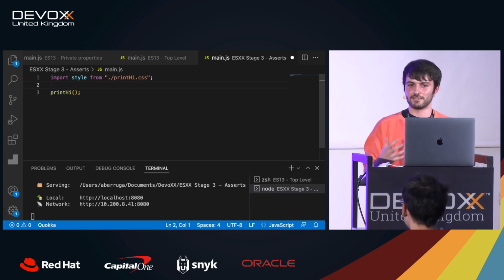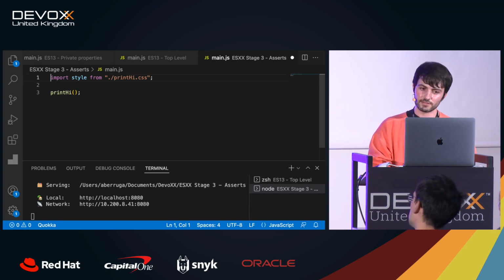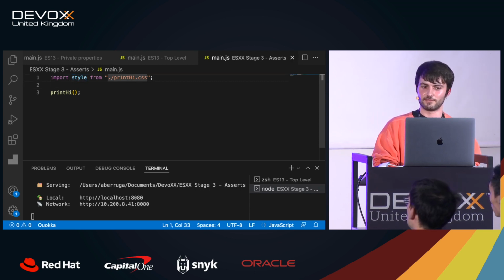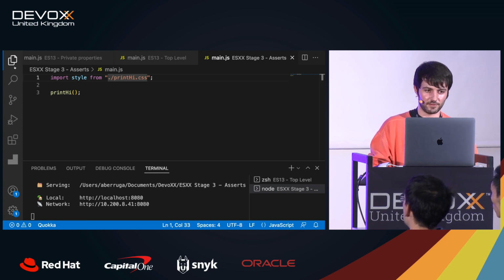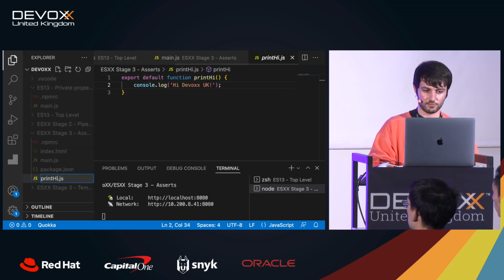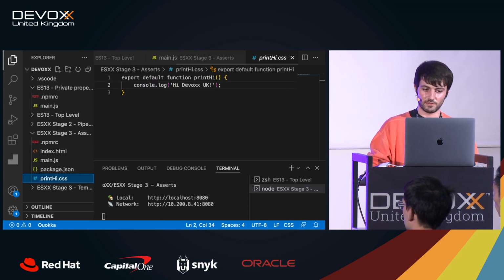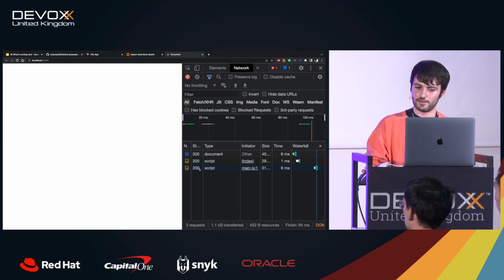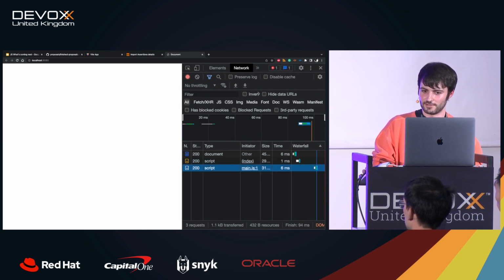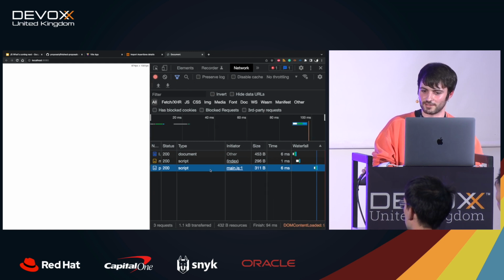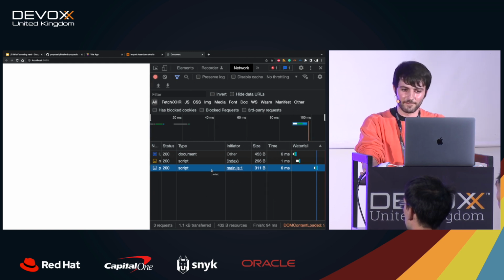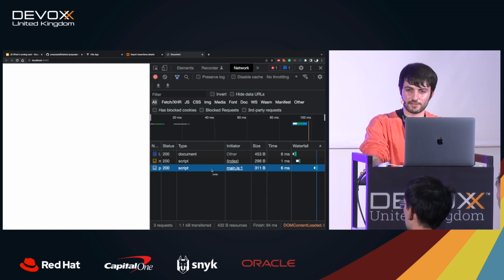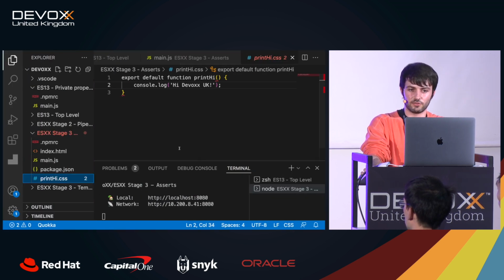And then at some point, this is something that you don't own, and then whoever owns it decides, hey, this no longer will be. In fact, for example, if I change this print high to CSS, you will see how it's loaded now as a script, and it has been loaded as a script. So yeah, someone could potentially change the extension of the CSS file and then inject JavaScript in your code. And we don't want to do that, right?